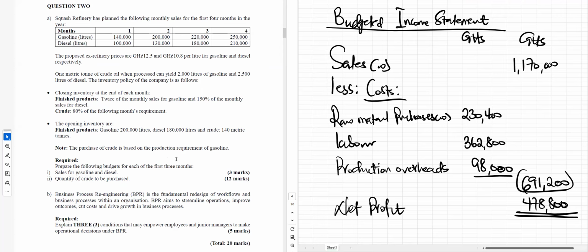Squash Refinery has planned the following monthly sales for the first 4 months in the year. So we have gasoline in liters for the first 4 months, diesel, and the proposed ex-refinery prices are 12.5 and 10.8 per liter for gasoline and diesel respectively. 1 metric ton of crude oil, when processed, can yield 2,000 liters of gasoline and 25 liters of diesel. The inventory policy of the company is as follows. So we have closing inventory at the end of the month. Finished products, twice the monthly sales for gasoline and 150% of the monthly sales for diesel. Crude oil, 80% of the